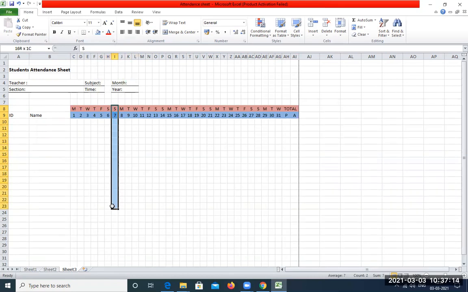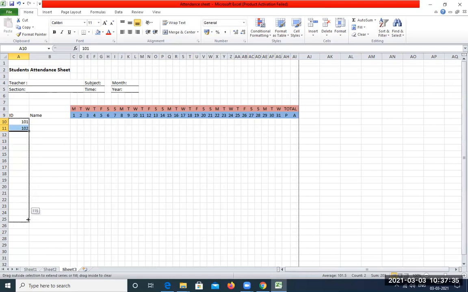So let us select this. Up till first before this, let us try to have at least 10 entries here. So let me have the ID from 101, 102. I will just select these two cells, wait for this plus sign and generate say up to around 115. Students would be enough.